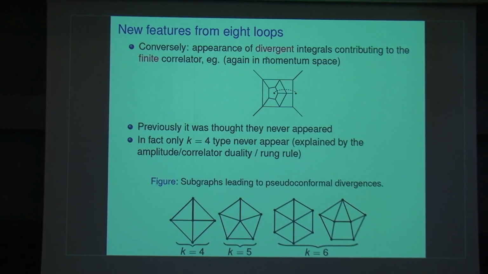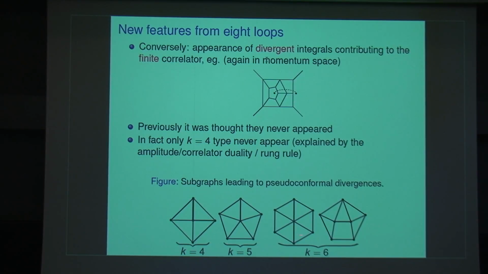The correlator, on the other hand, is finite, but we see divergent integrals for the correlator. The first time. These ones have to cancel, and in fact they do, you can check that they cancel, but they appear in the ansatz. These were things that we didn't see at lower loops, and it was used as a reason why zeros appeared for the amplitude at lower loops, in